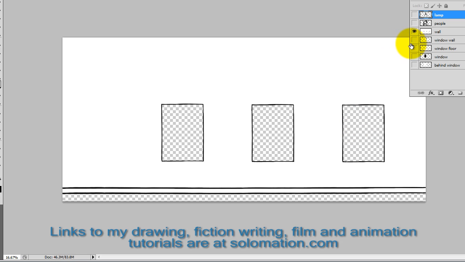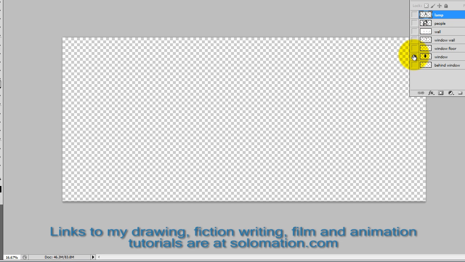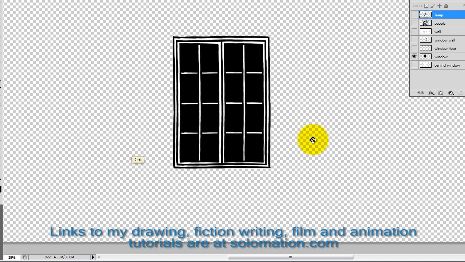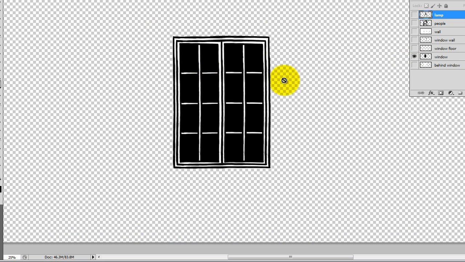the windows are. And the way I got the dimensions for these windows was first I drew the window. So first I drew this window here, and then I built out from there. I just drew the back window, and that gave me basically the dimensions to cut out the holes in the wall. And